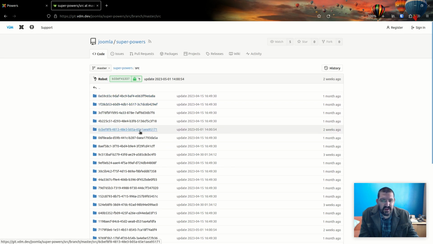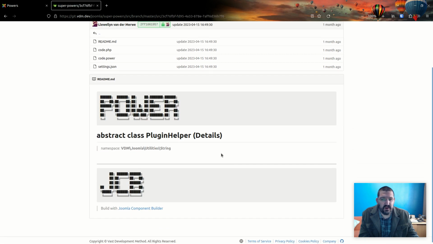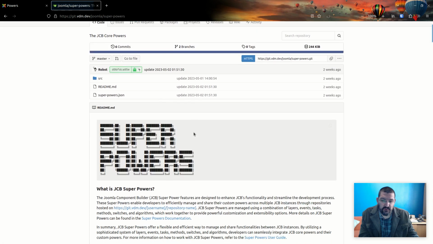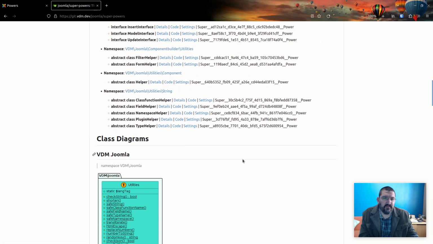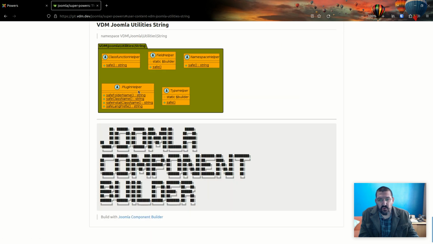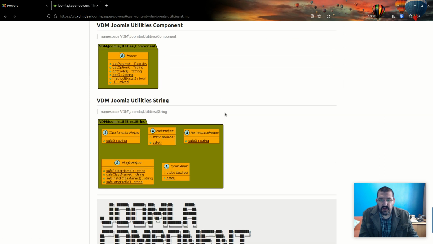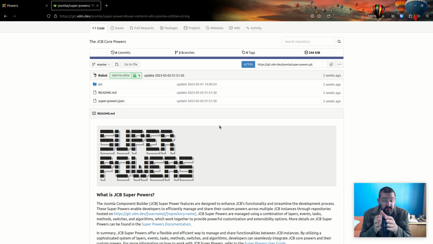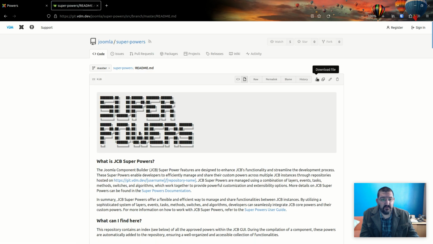So as you can see, looking at the actual folders of a superpower repository, it's kind of daunting, right? You can't really say what is what unless of course you go through the index here, you're able to find things. And if you want to see all the classes within a specific namespace, this has all been done. And around our display and layout of the superpower classes itself, you're always welcome to give ideas and suggestions, recognizing that we have the power of, if we look here at the